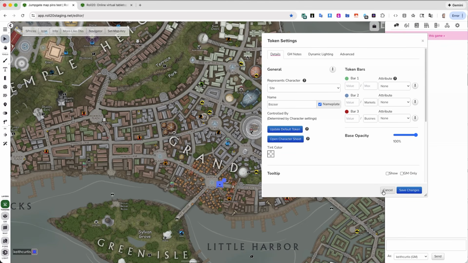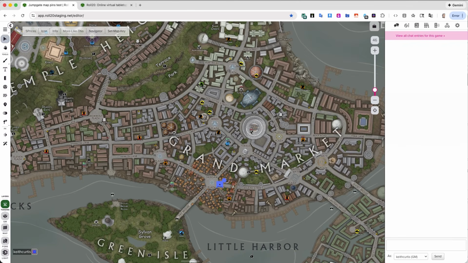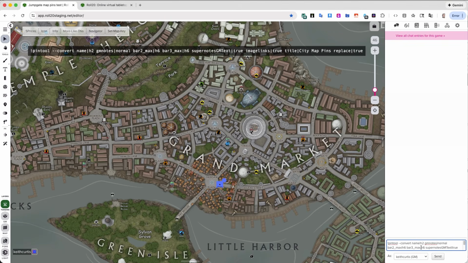So what we want to do is take all of these note pins and convert them into modern map pins. So I'm going to go ahead and put a command here into chat. And in this chat, we'll go over the command very briefly. PIntool is the beginning of the command. Convert is the actual action we want it to perform, and then we're going to tell it to take the